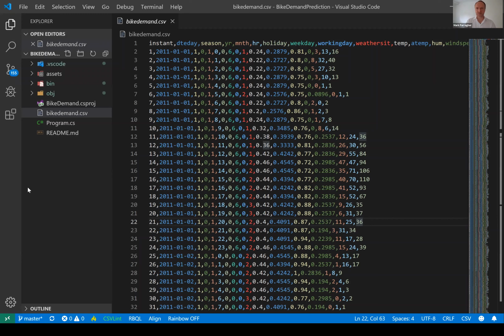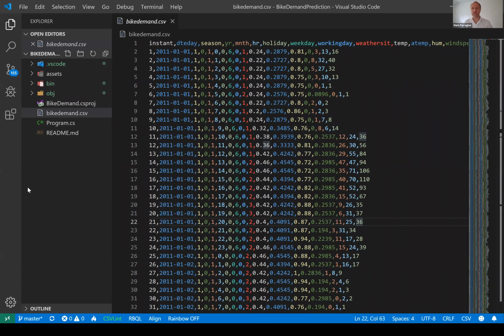All right, so this is the data file. You can see that I've got the date as the first column. And there is a season value. So the yellow column is the season. And then I've got the year, the month, and the hour split out into separate columns. The weekday number, I've got that one as well. And then there's some weather data. I've got the temperature, I've got the humidity, I've got the wind speed. And then all the way at the end, the final column is the number of bikes that were in demand